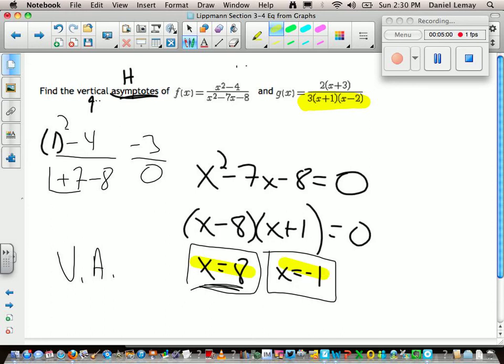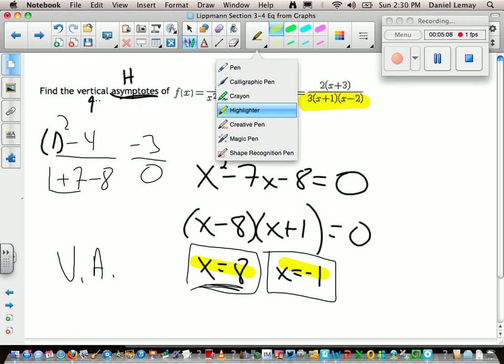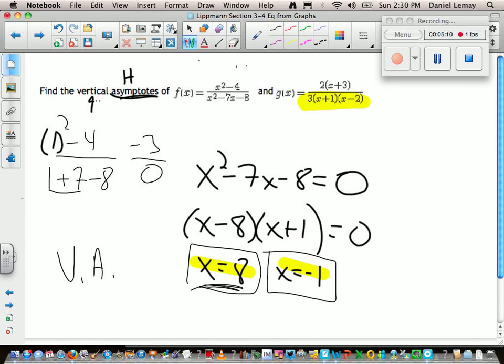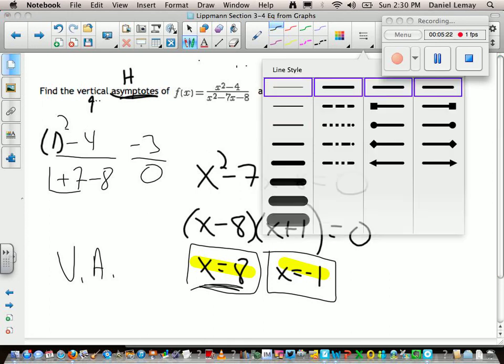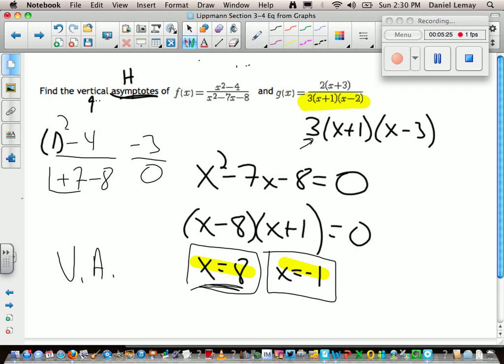Okay, so I'm going to pretend you actually did stop this recording and looked at this. I don't care about the numerator. I just care about this denominator. The 3 doesn't have anything to do with it. That'll never be 0. But I do know when x equals -1, something's happening, and when x equals +3, something's happening. And if I were to replace each of those into this original g of x function, I would get,